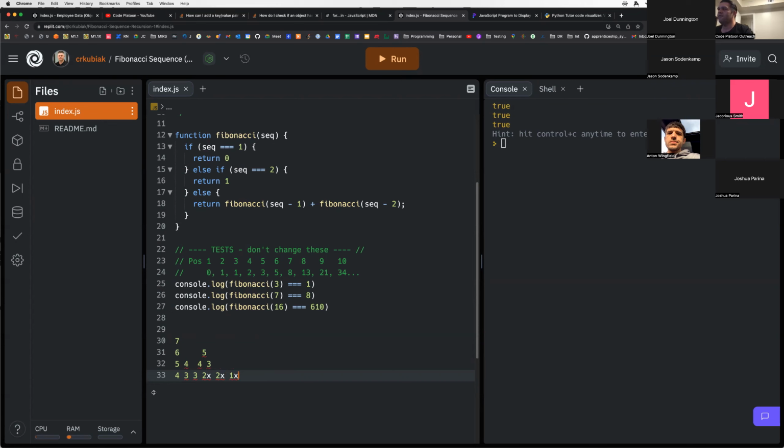So we're hitting our cases here, but now on this one, we have to call it at 3 and 2, and this one is done. And then we have to call this one at 2, which is done, and 1, which is done. And then the same thing again, 2, which is done, and 1, which is done. And then we come down here and we have to call this one at 2, which is done, and 1, which is done, right? And if I were to try and space this out evenly here,